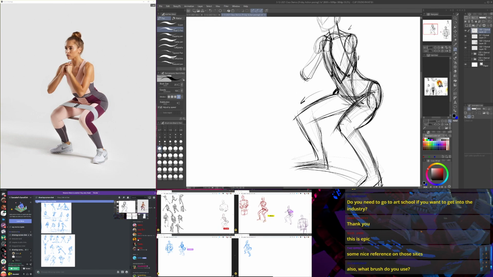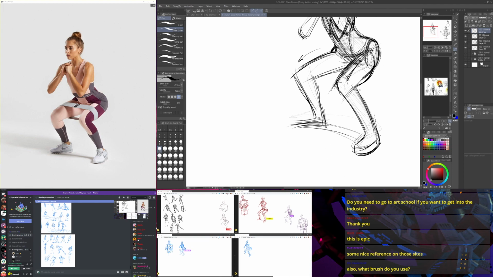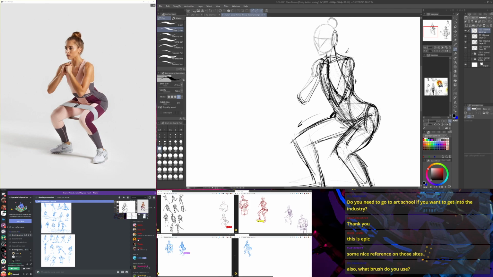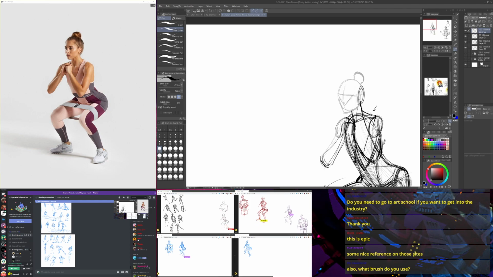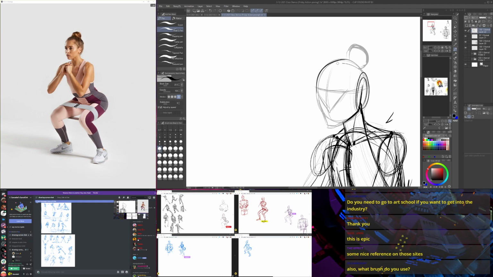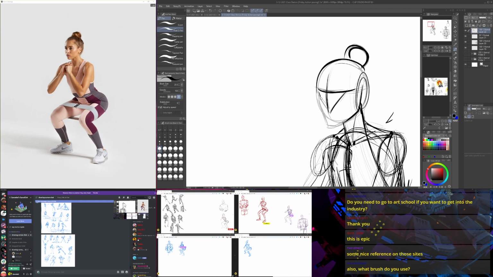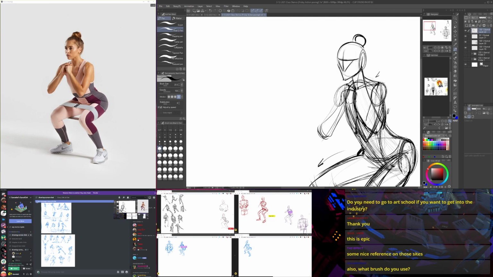But we got a pretty good starter scaffold for the figure. I'm just adding additional 3D shapes onto it, like additional indications of things. This is basically a really slow motion quick sketch that I'm doing right now. This is a practice and a re-inventory of my knowledge of this stuff.